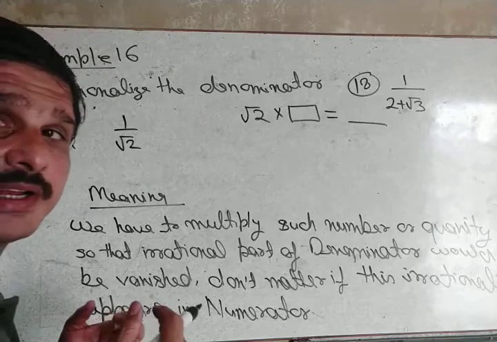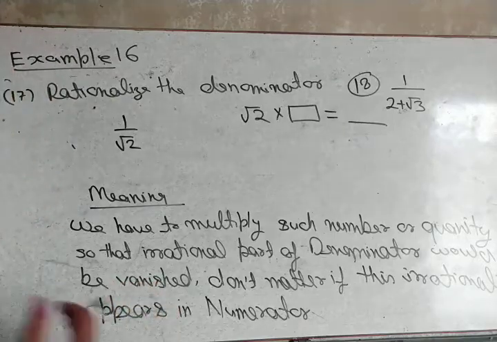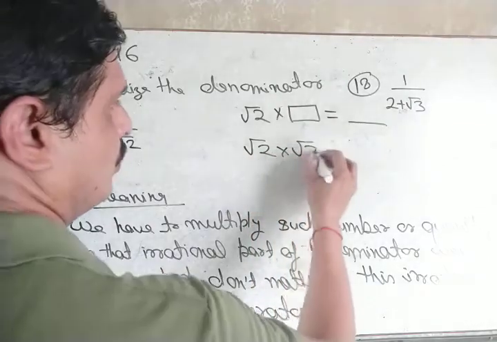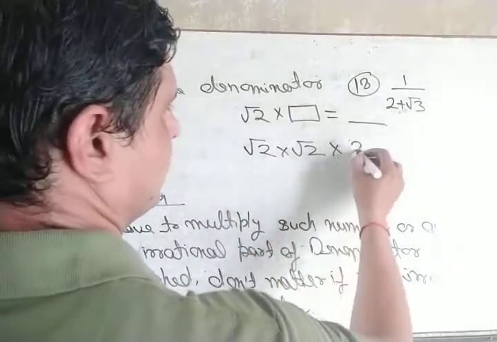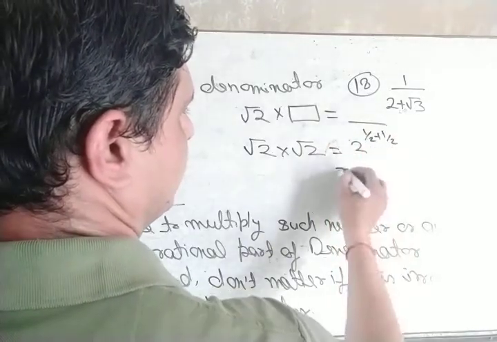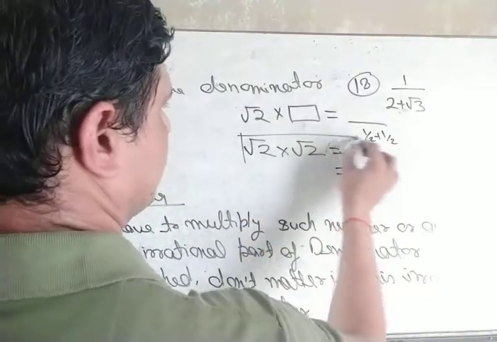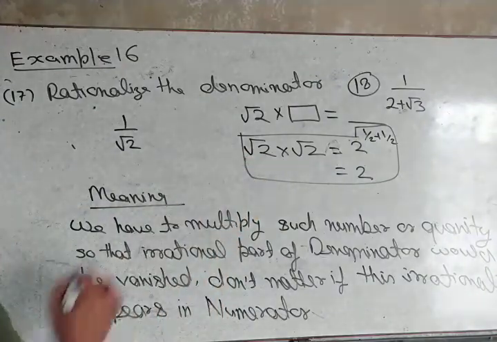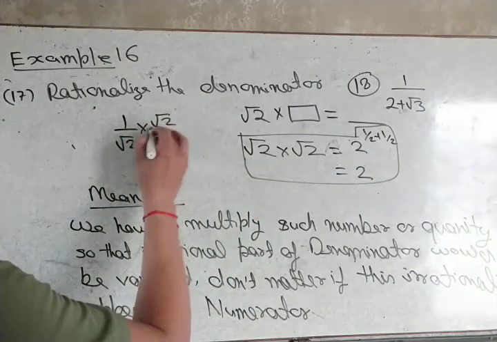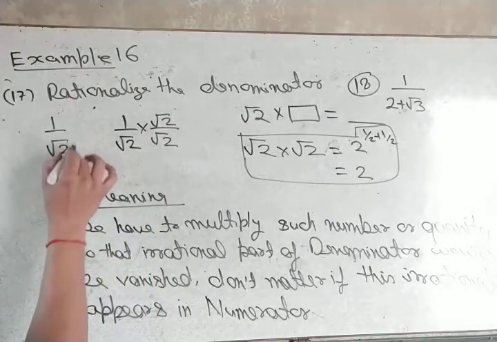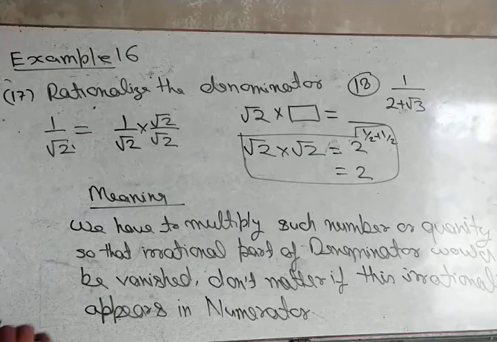If you multiply root 2 by root 2, you can understand, half plus half was 2. You know this thing, I have given this in a previous video. So when we multiply root 2, we know that when we multiply the same quantity in numerator and denominator